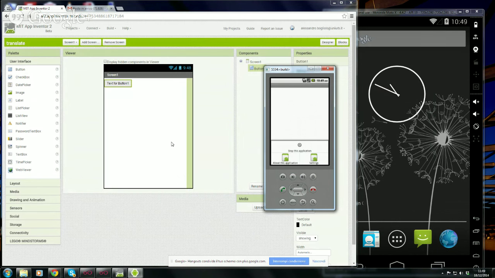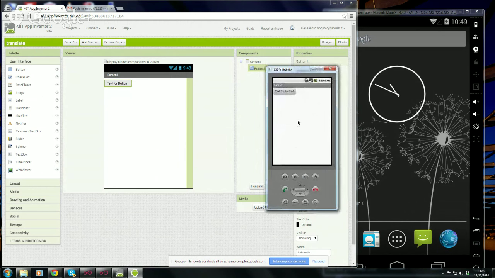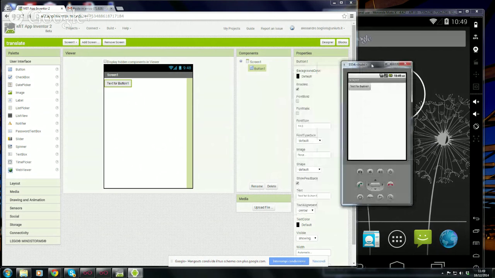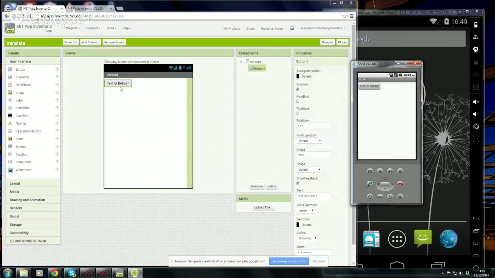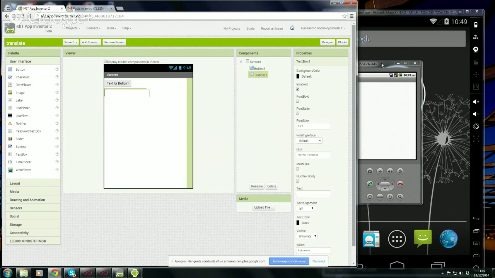Here we are. And here is our button. You see, so what's nice is that in this emulator, we can see exactly what we are doing in the interface. So let me see if it works if I change something here. For instance, let me add another interface element, which is a text box. I take it from here and I drop it here, and